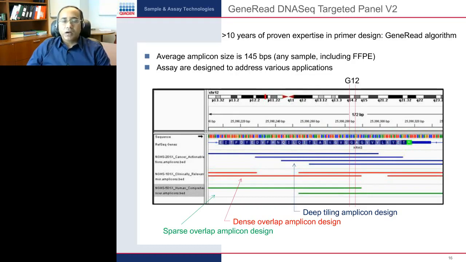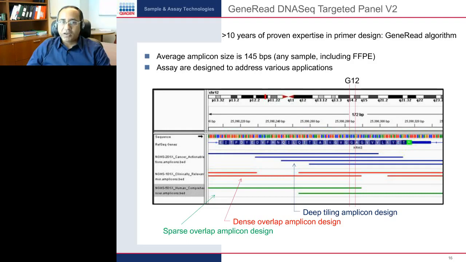And besides, all the assays which we have designed are designed in a manner suitable for the application of the panel. For example, in an actionable mutation panel, we have a very deep tiling of amplicons across the actionable mutation, as shown here for KRAS G12, whereas